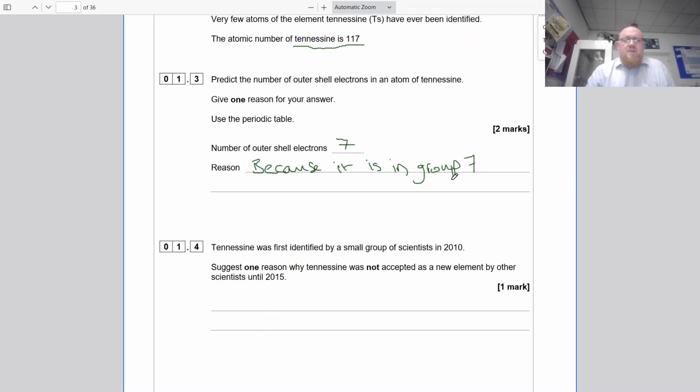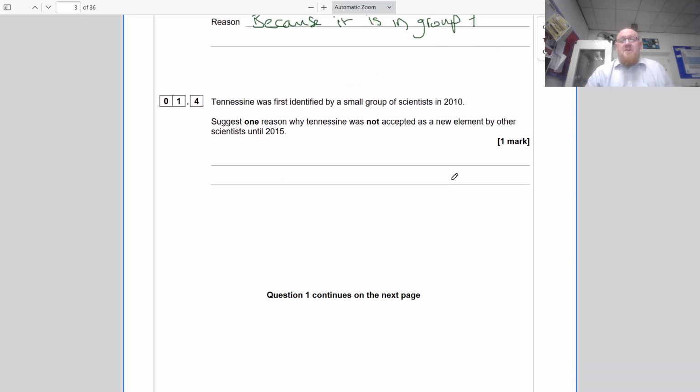Okay, so tennessine was first discovered by a small group of scientists in 2010. So this is a small group of scientists. It's just one reason why tennessine was not accepted as a new element by other scientists until 2015. The reason for that is because it's not been checked or verified by other people. They might have already known about it, but there has to be a process by which they check the science, and that's called peer review, and that takes time. So it hadn't been peer reviewed